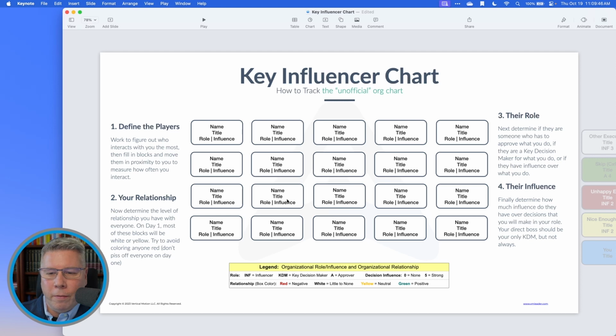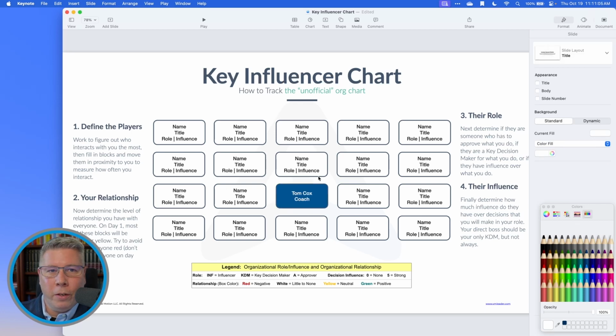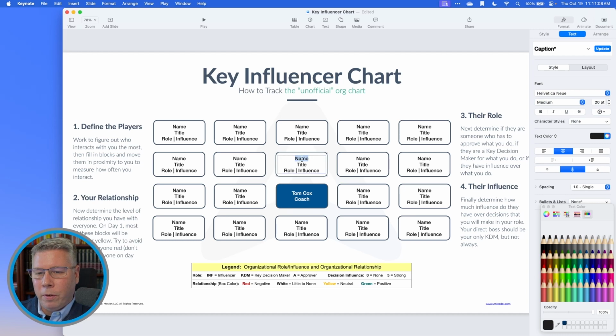What we have here is this blank chart. We're just going to start by putting ourselves right here in the middle. So I'm going to put me, right? And I'm just going to say I'm a coach, whatever. Then I'm going to color this box blue because that's me. So I'm in this organization. Who are the people who influence me? Well, I'll have a boss. She's the boss, so she's VP of awesomeness. Her role is going to be KDM, and she's going to have a lot of influence over me. I'm going to say that she has, on a scale of 0 to 5, a level 5 influence over my decision